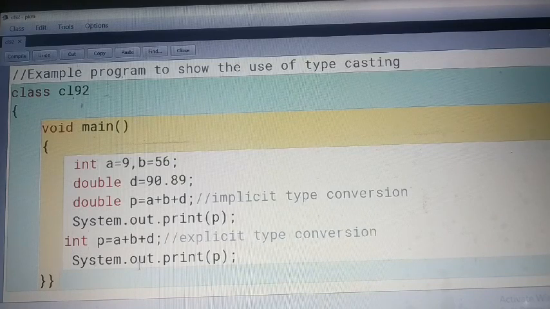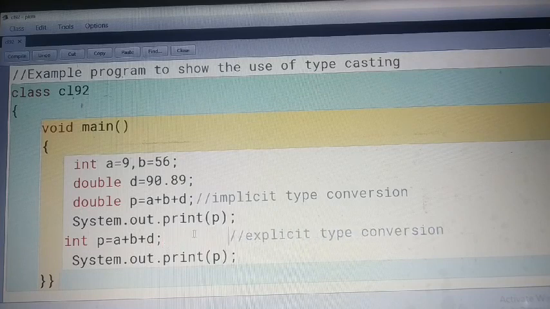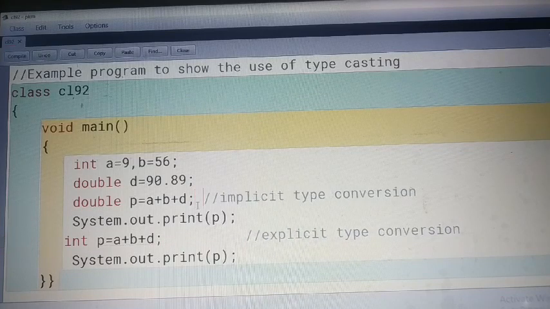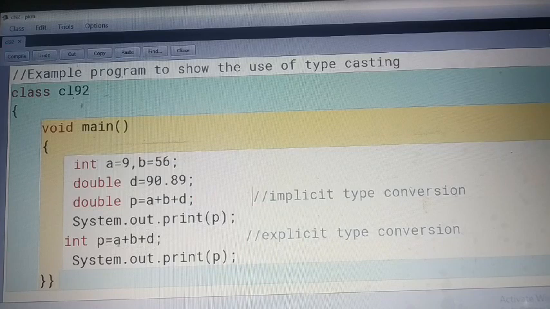See, whatever calculation we are performing, here we are performing an integer and double sum. The same calculation I want to perform, but the result I want to receive in an integer type.